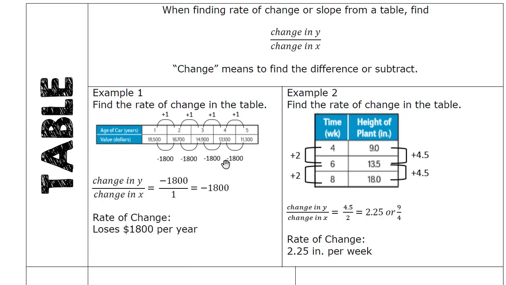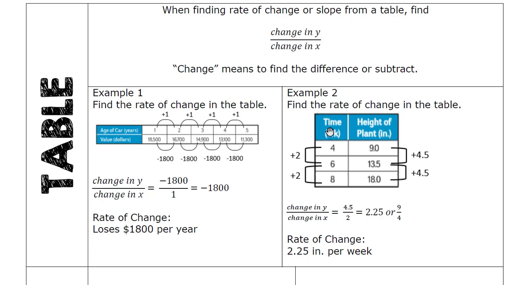And my change in x, the change from 1 year to the next, from 1 year to 2 years, is plus 1. So my change in y is negative 1,800. My change in x is 1. So my rate of change is my car loses $1,800 in value per year. On this example,